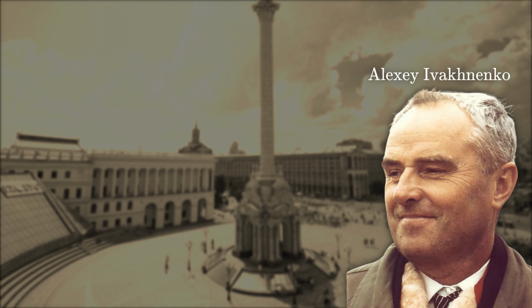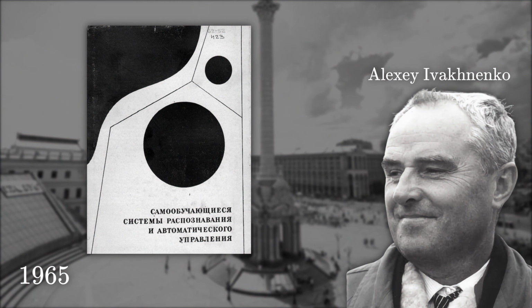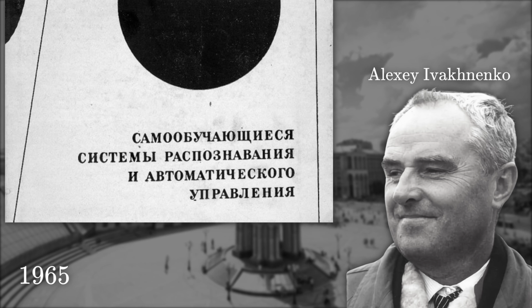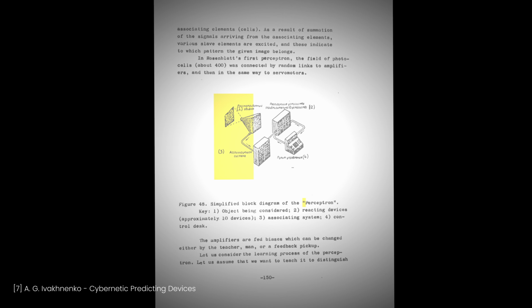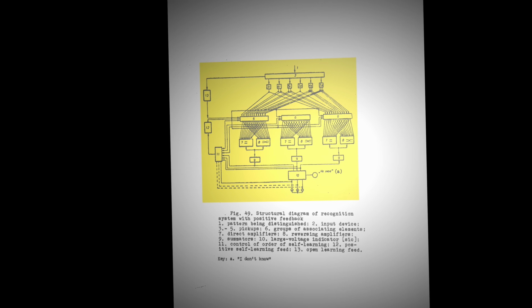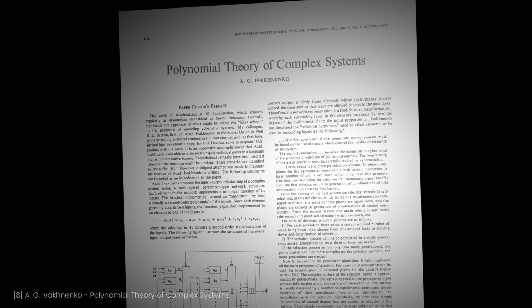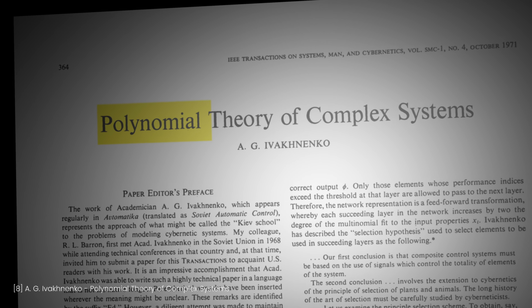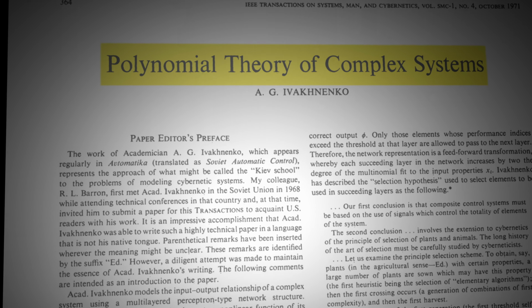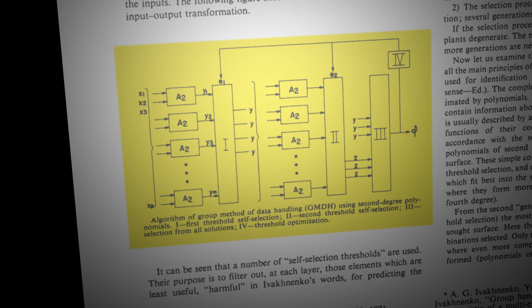What Minsky and Papert didn't know is that the very problem they described in their book had already been solved 4 years before. Meet Alexey Ivakhnenko, a Ukrainian researcher who, in 1965, published this book, that I'm not going to say the name of for obvious reasons. He built on Rosenblatt's idea, stacking neurons into multiple connected layers. Then, in his 1971 paper, Polynomial Theory of Complex Systems, he created what is basically the earliest deep neural network ever published. Let's get down to it.